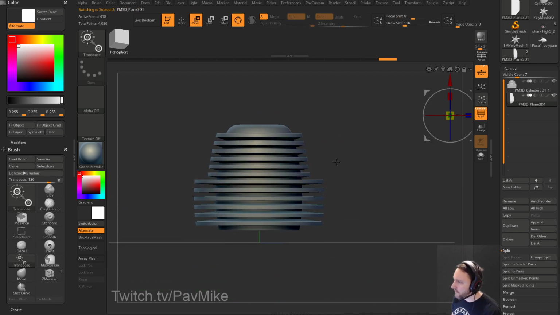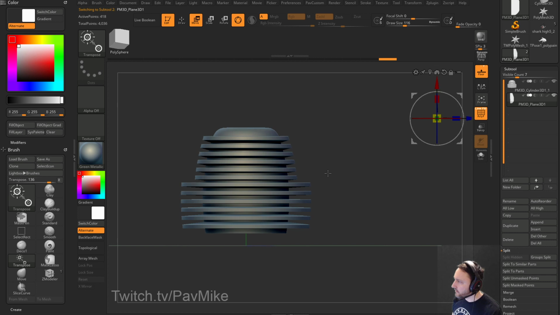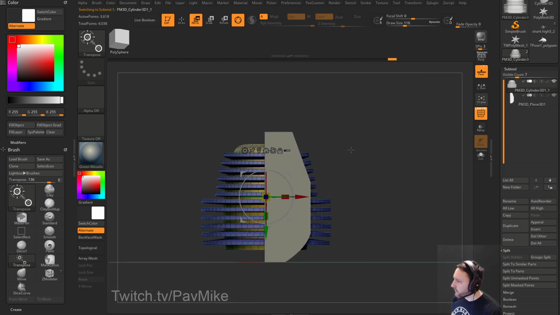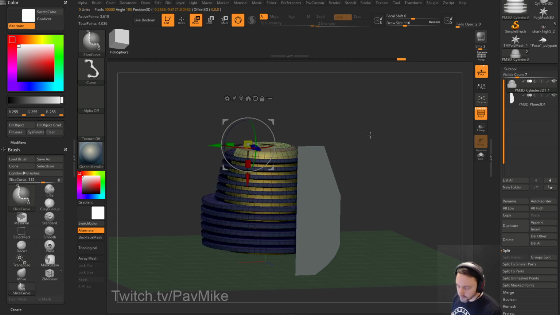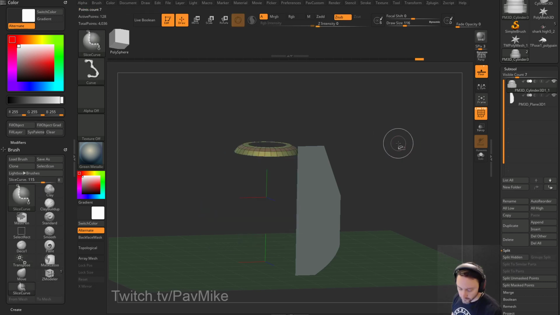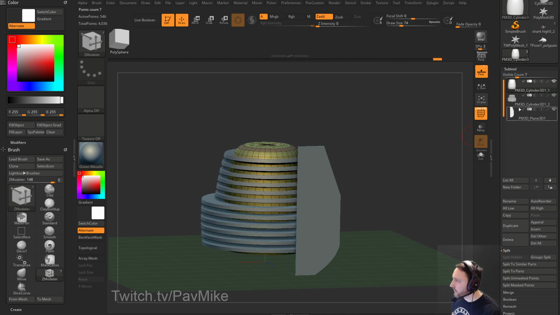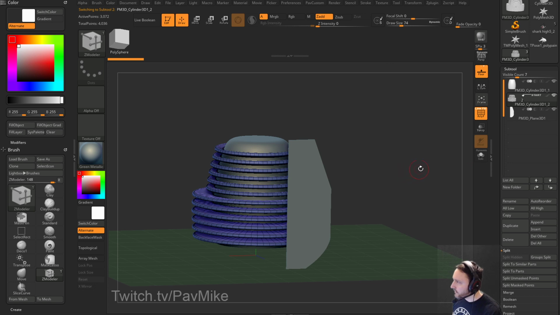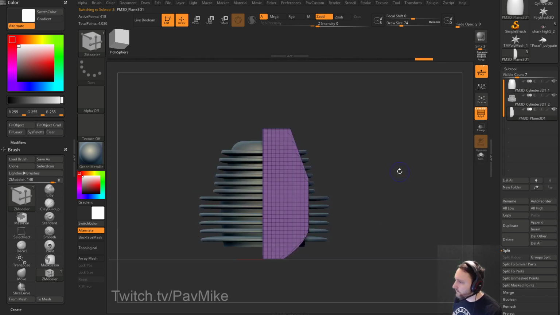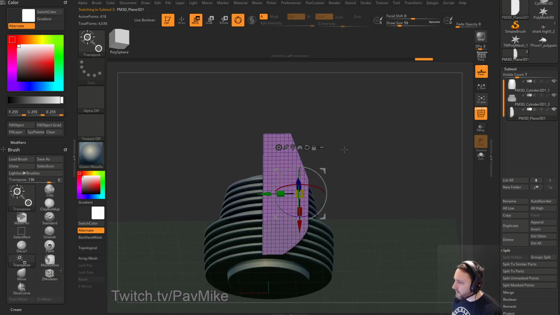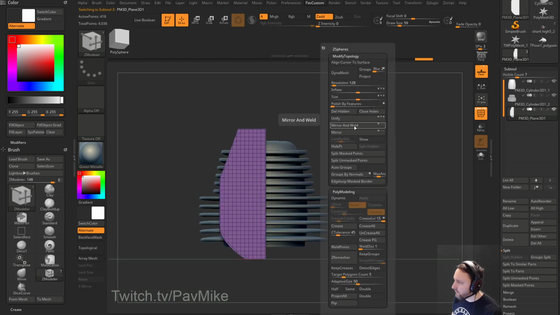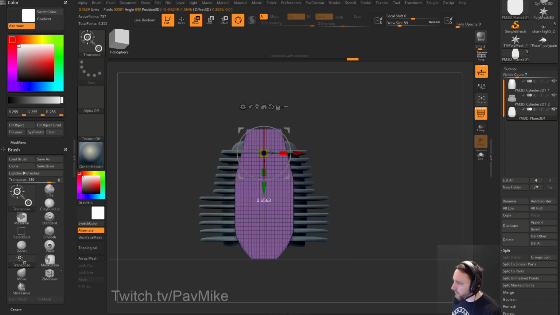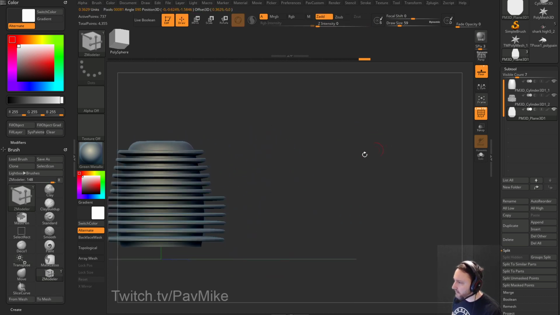So now we've got this shape here. We're Z forward. We're going to take this polyplane here and move it out. And this one here, we can go ahead and split this back up. So Control Shift, oops, Control Shift A, split hidden. The dynamic properties on this one I want to change back to crease level 1, smooth of 3, and that one can stay the way it is. So now this one is our door shape, and we want to do a quick deformation mirror, and then mirror and weld, and then we'll go ahead and, I mean, I would pull in my reference in the spotlight and